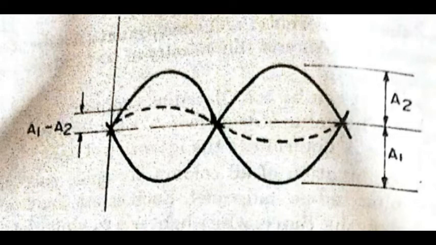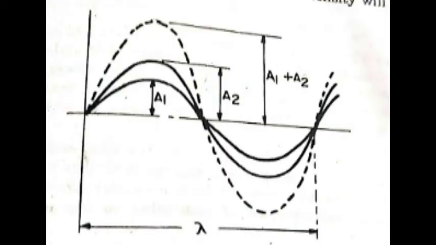Interference can occur only when two light rays are coherent, that is, the two rays maintain their phase relationship for an appreciable length of time. This is possible only when the two rays originate from the same point of the light source at the same time. I hope everyone understands the concept of interference.